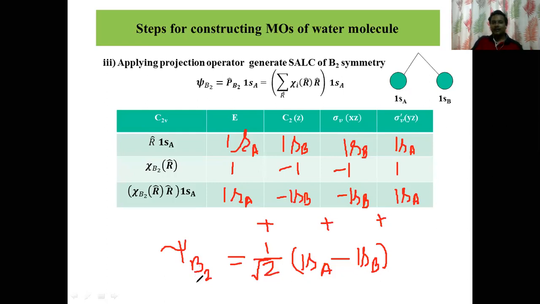One is the A1 type SALC that I showed in the earlier slide, which is the plus combination. Now this is the B2 type, which is the minus combination. Right. So these are the two SALCs that we get on the basis of this. Now these two SALCs are going to be combined with the central atom according to the symmetry. Right. So if we want to do that, we need to know the symmetry of the atomic orbitals of the oxygen atom also. So